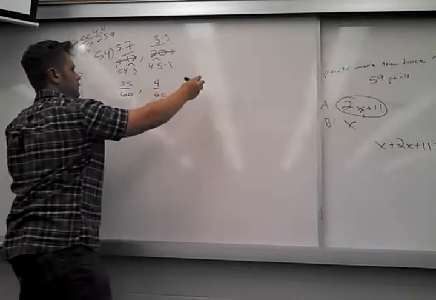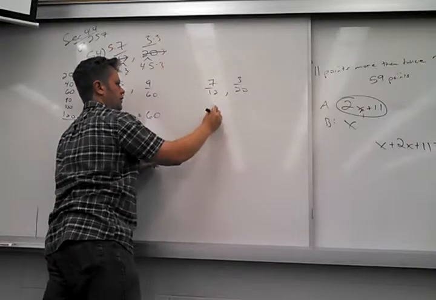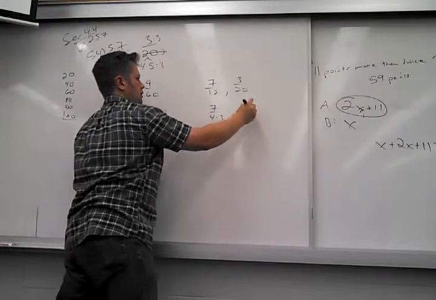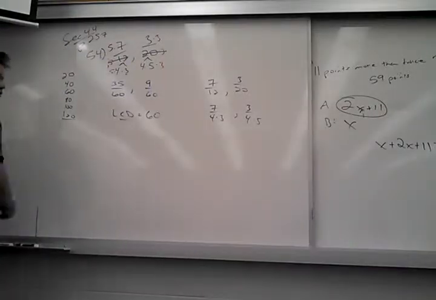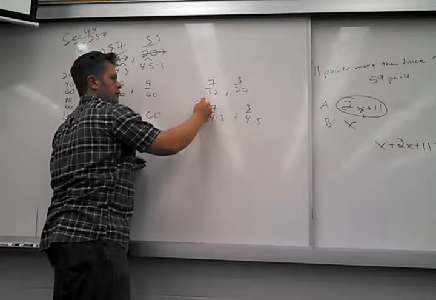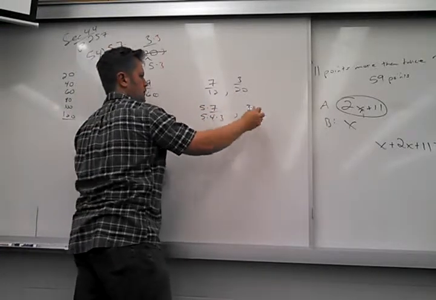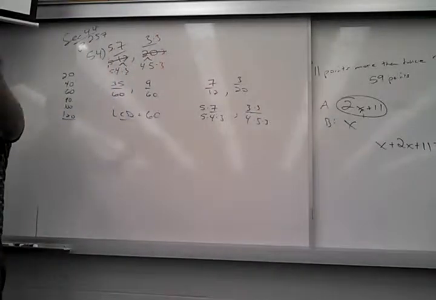So all I did was, this was 7 over 12, and this was 3 over 20. So first I rewrote it as 7 over 4 times 3, and 3 over 4 times 5. And so then you just move over what's missing. He's missing that 5, and he's missing a 3. Now, it almost makes too much sense. If you give each one what they're missing relative to the other one, they're going to end up with the